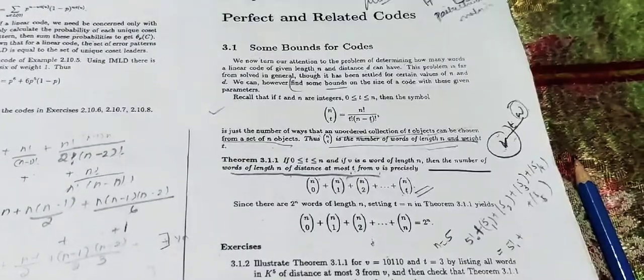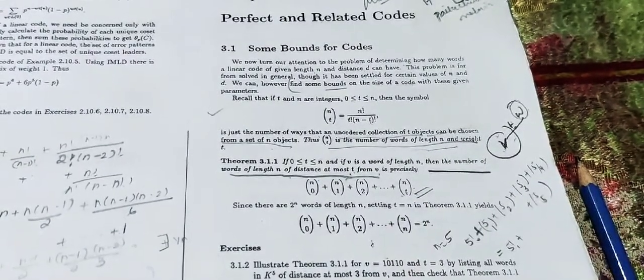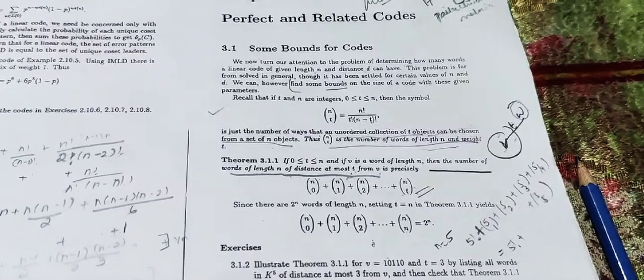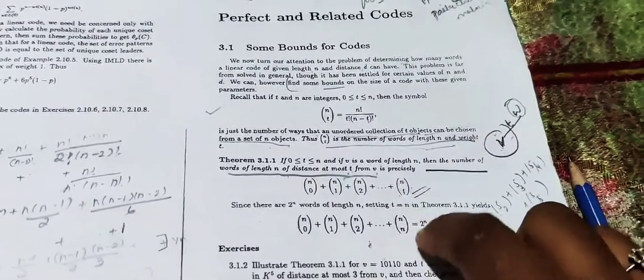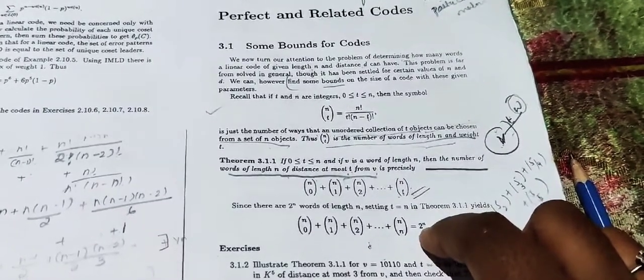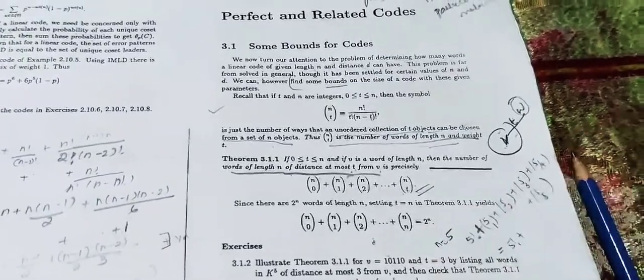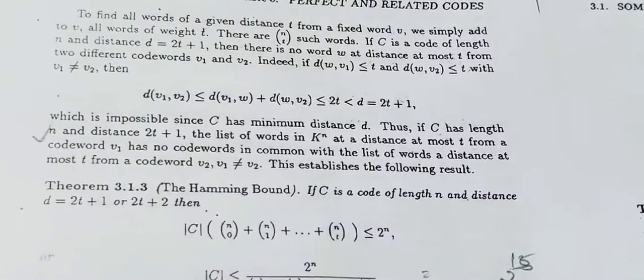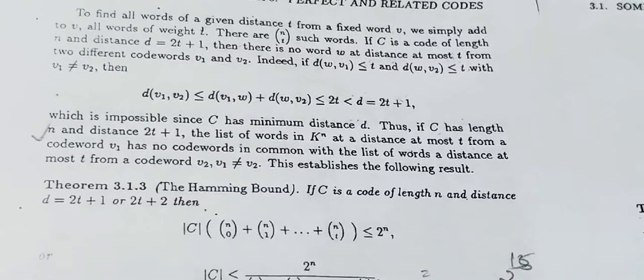So this is the theorem. So what is the meaning? The number of words of length n at a distance at most t from V is defined by this. So we have 2 raised to n words which are closer to V. Clear? So next we consider if C is a code of length n and distance d is equal to 2t plus 1. So next we define,